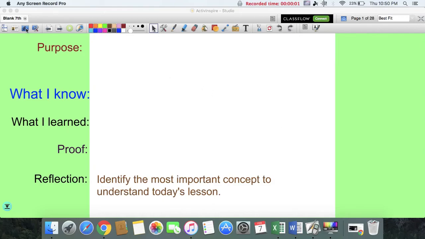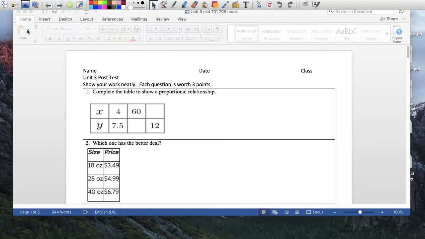So this is your review. First thing we want to do is complete a table to show if it's a proportional relationship. So we have to find k. Once we find k, we know what to multiply or divide by. So in this case, k equals